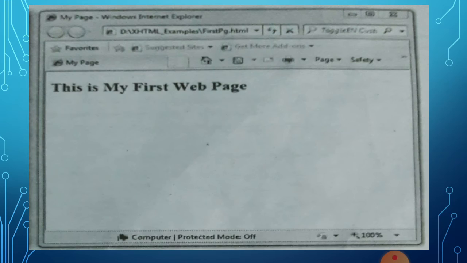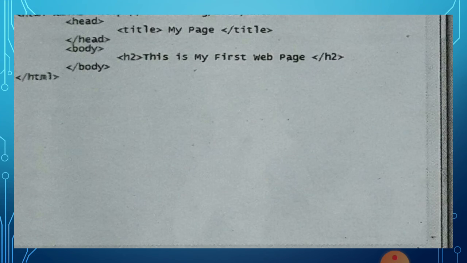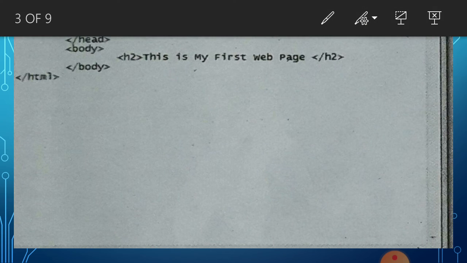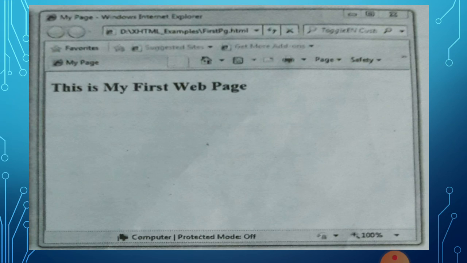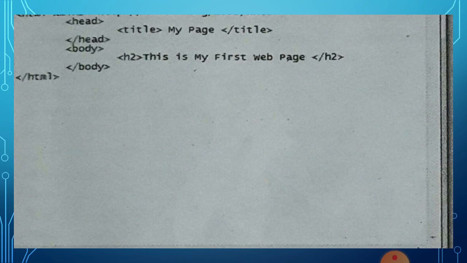This is all about syntax. You can see the head, then we provide the title, then body, and within the body we provide the information we want to display. Then we close the body tag. For every opening tag we have to provide the closing tag. So this is the output of that program.